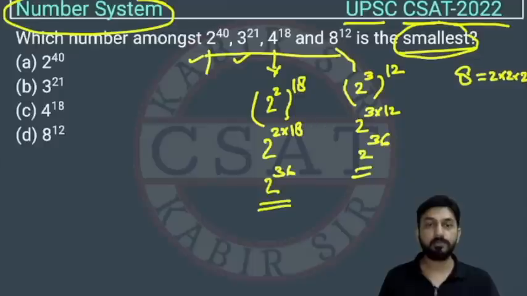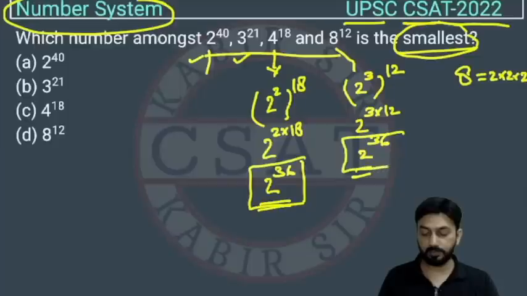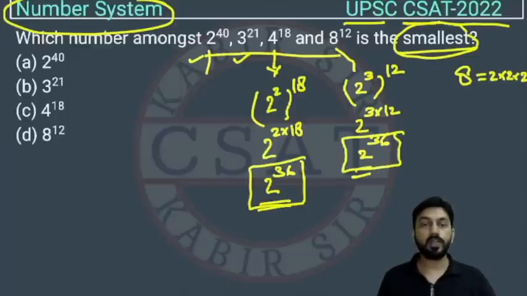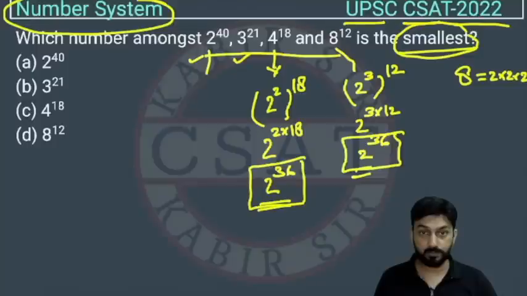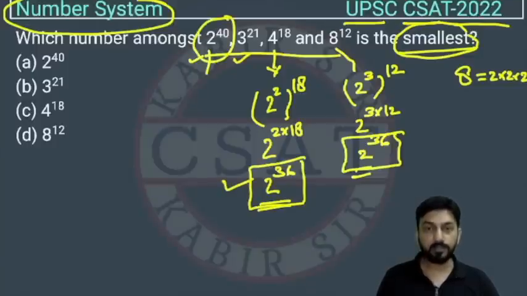This is also 2 की power 36, and this is also 2 की power 36. Now we have to find the smallest number, right? So now if you see, 2 की power 36 is smaller than 2 की power 40, right? So this option we can negate altogether, right? So now the answer will be from these three options, but these two options are same,